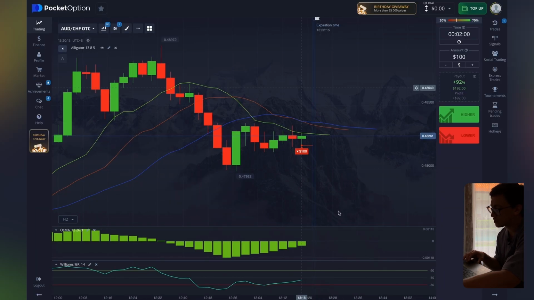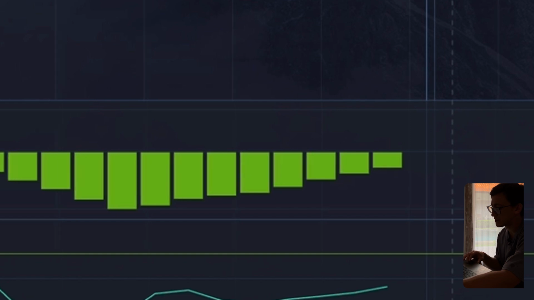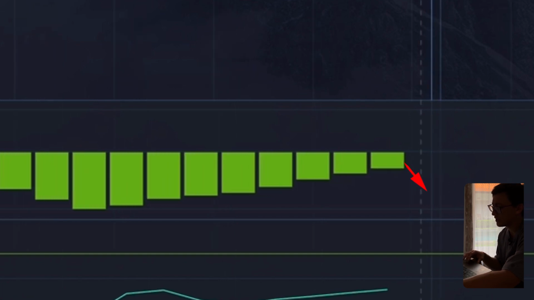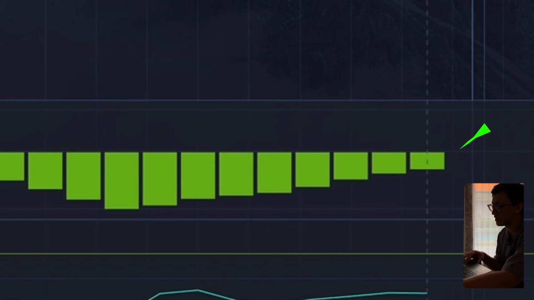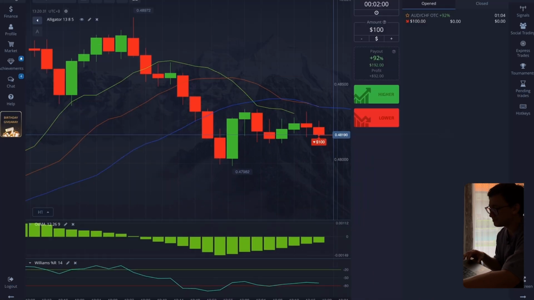Next, we look at the OSMA indicator. Its histograms are directed to the lower boundary. Consequently, the direction it shows us is bearish. If its candles are located at the upper boundaries, this is a signal to enter the bullish trend. In our case, this is